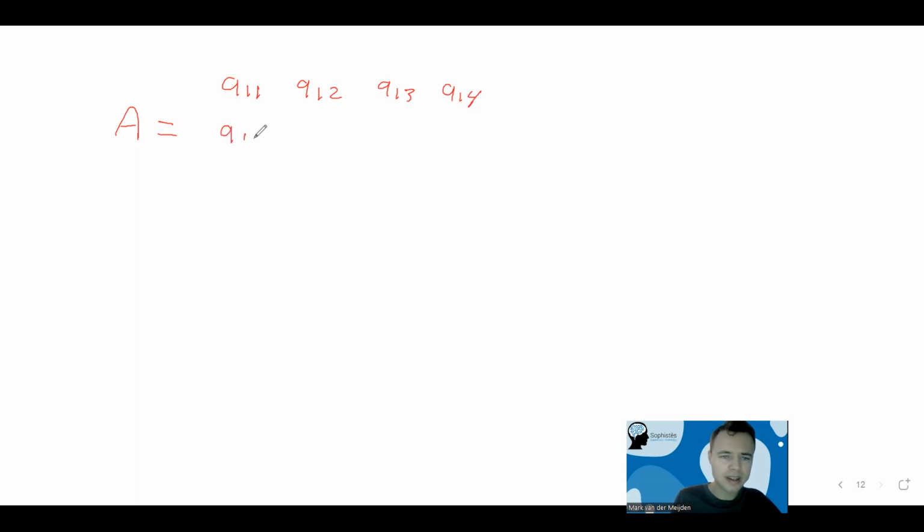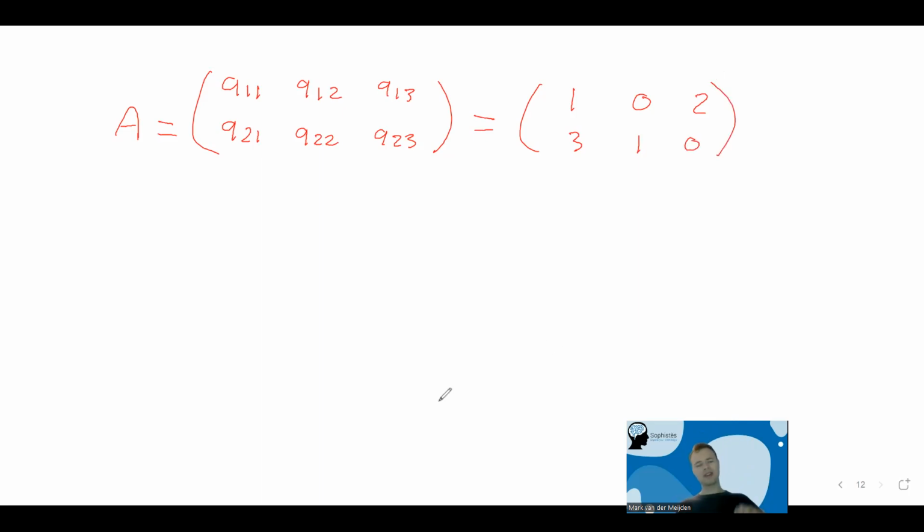Yeah, maybe I make it a 2 times 3 table, that's fine, to keep it a bit short. And here I have the A21, the A22, and the A23. This is my table, right? Okay. And let's say the values from the table are 1, 0, 2, 3, 1, 0. Okay. Question is,